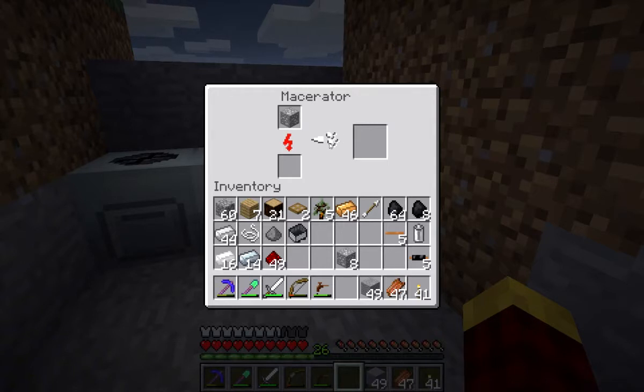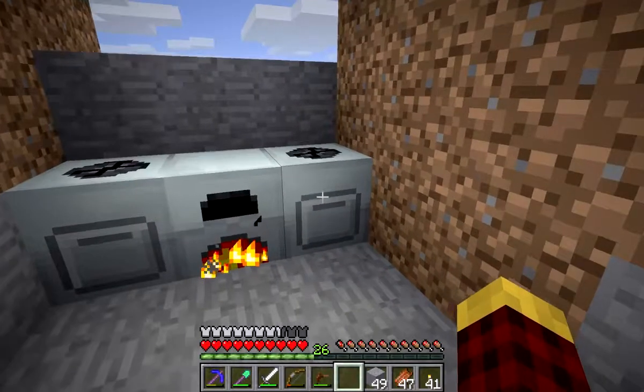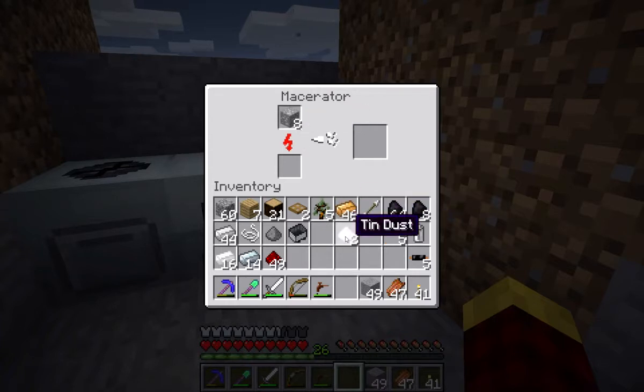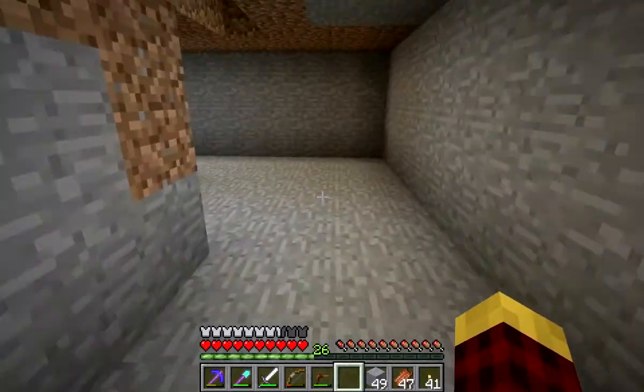And you can see the progress bar here. It's being powered the whole time by this generator. So power is going from the generator into this, and look at that. It created tin dust. It gave me 2 tin dust for 1 tin ore that I put in. So if I put in 8, it's going to give me 16 tin dust. Now what I can do with that tin dust is...